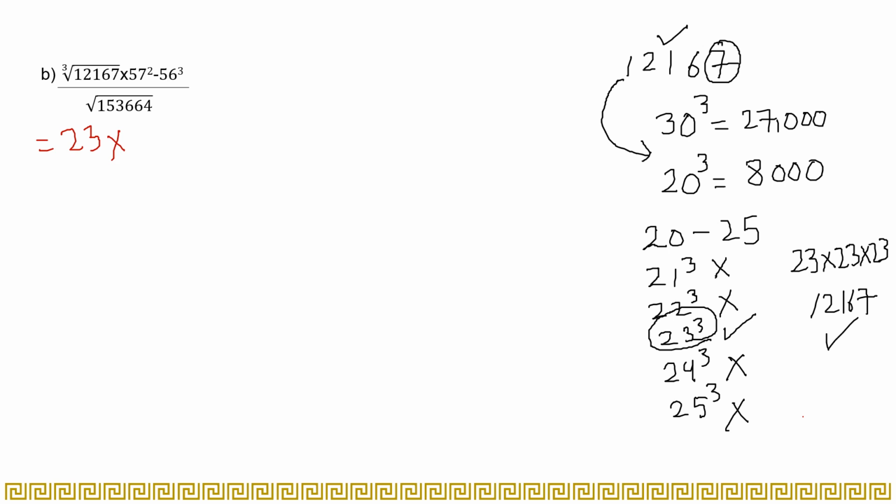That is 57 multiplied by 57, you will get 3249, and you have to multiply 56 three times. 56 multiplied by 56, whatever answer you get, you have to multiply it again by 56, and that is your job to solve. So by doing so, you will get